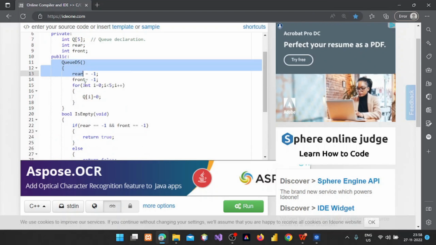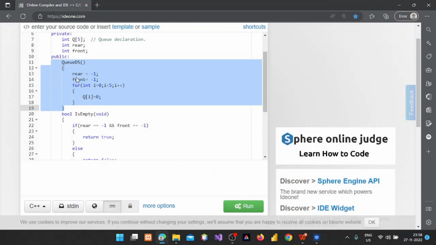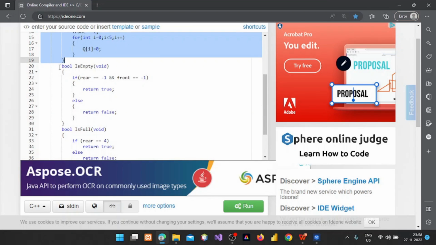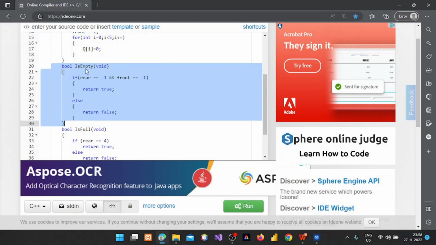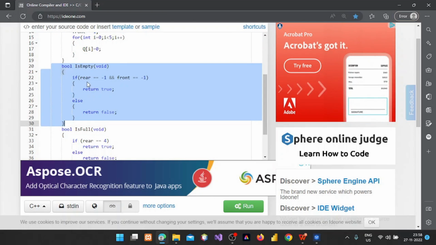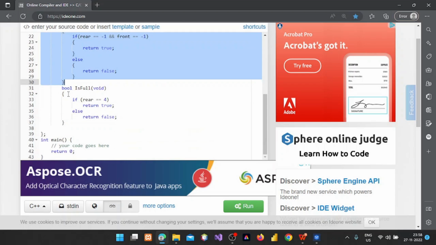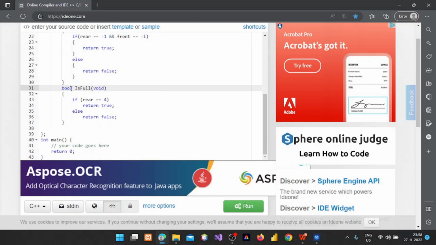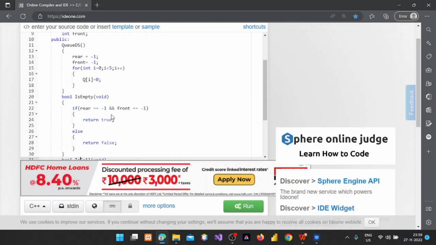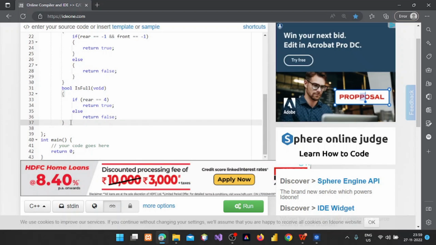So I have written 3 functions here. One is the constructor which is initializing the rear and front. The other one is the bool function that is going to return true or false based on the rear and front values, and you have the isFull function, which is going to return true or false based on the rear value, whether it is equal to 4 or not. If it is equal to 4, then the return value will be true, else it will be false. So 3 functions we have written here. Now we will go for